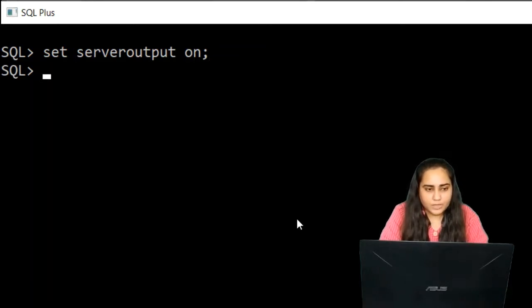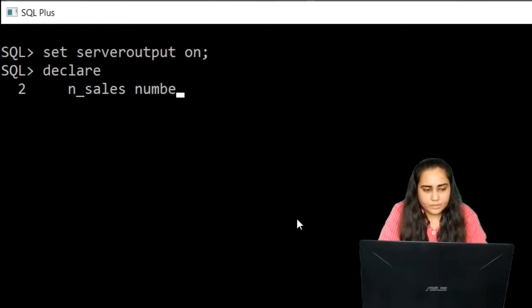And now I'm going to go ahead and write down my code to demonstrate how the if-then statement works in PLSQL. So first, like all PLSQL blocks, I'm going to mention declare, and then I'll declare the variables that I want to declare. In this case, sales, I want to create a variable that displays the number of sales. So this is my variable. The data type that I'm going to give to this is number, and I'm going to assign it 2 lakhs